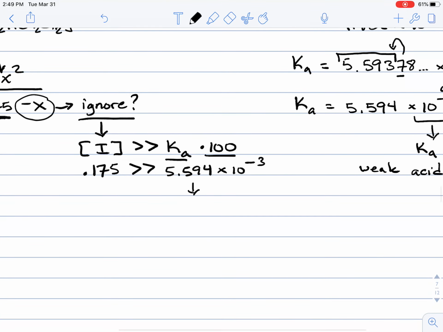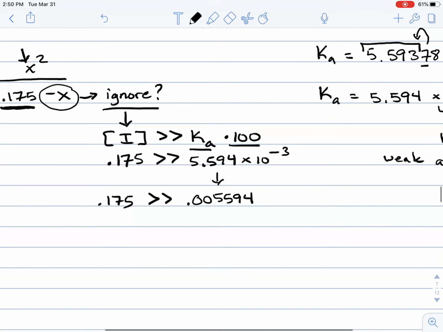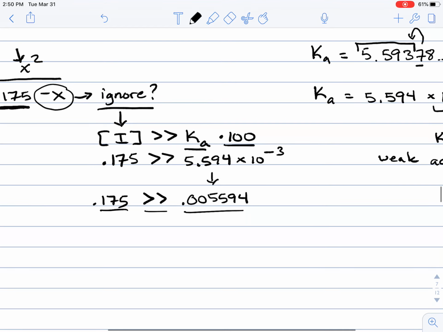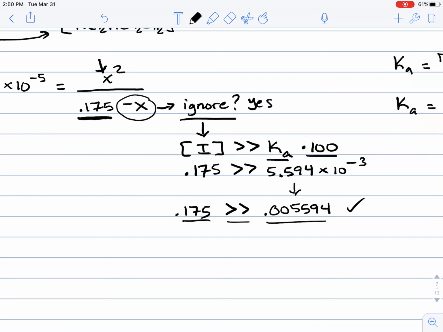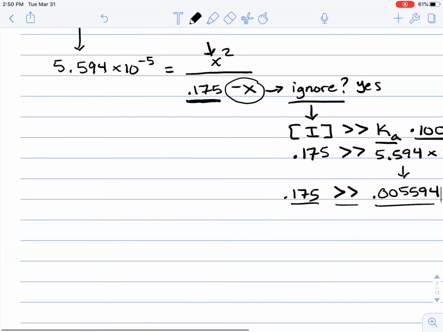And so if I express this as a decimal, I'm going to move the decimal place 3 times to the left. So that's going to be 0.005594. So now that I have everything expressed as a decimal, I can quickly see that 0.175 is far, far greater than 100 times Ka, which is 0.005594. And so since this statement is true, I can go ahead and ignore the x in the denominator,